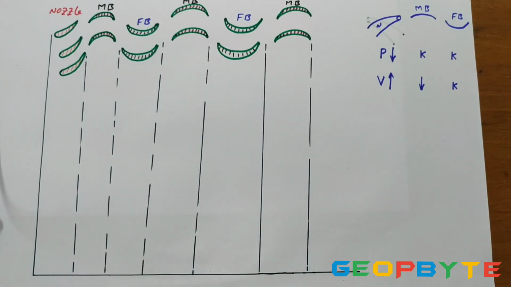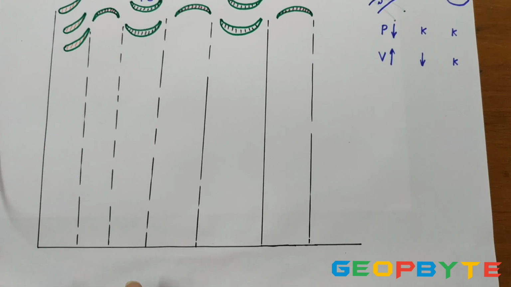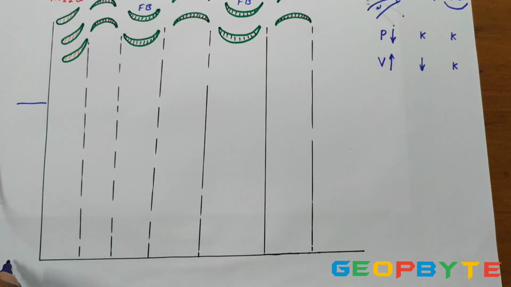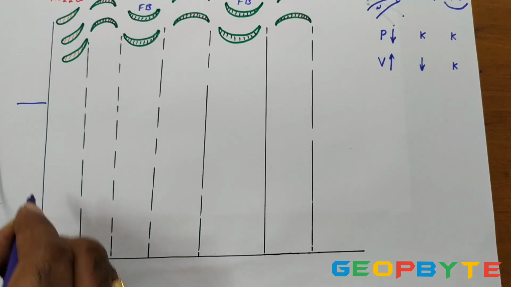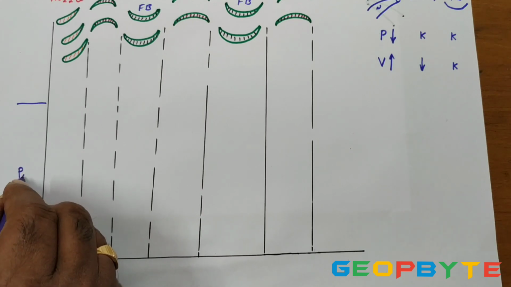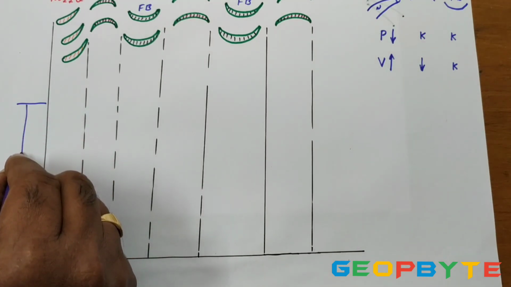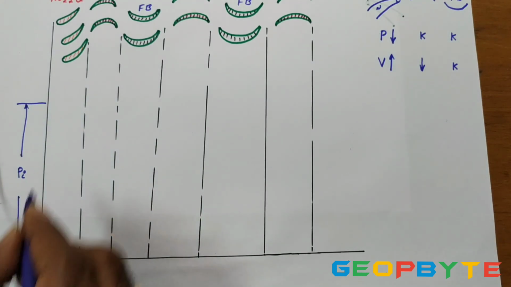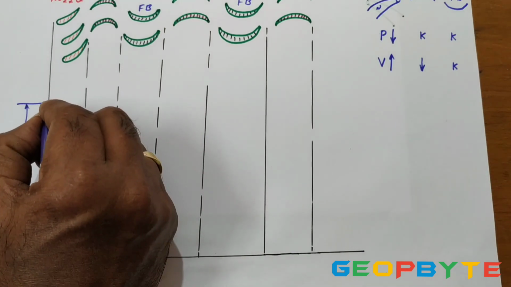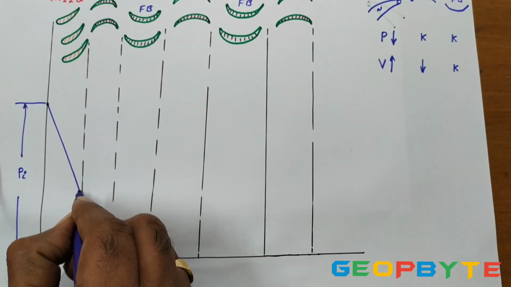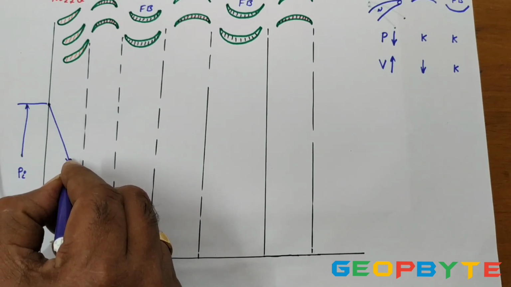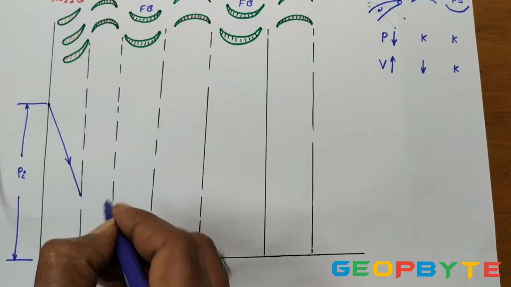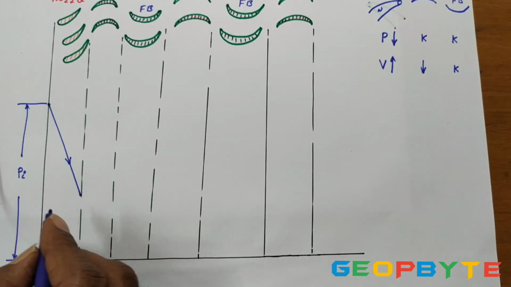As we know, the steam is entering the nozzle under high pressure. This is the pressure of the steam while it is entering the nozzle. That pressure decreases while it is passing through the nozzle. This drop of pressure is an indication of the drop of enthalpy. That drop of enthalpy causes an increase in the velocity of the steam.